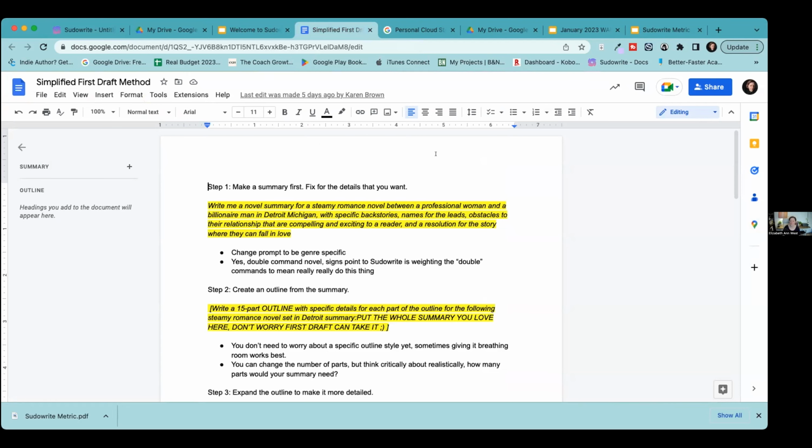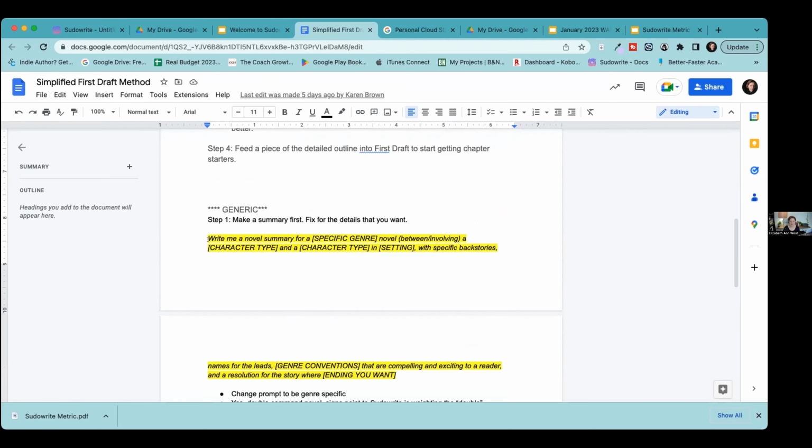Okay, so I'm acting like we have no idea what we want to write, but we know we need to write something in the genre. Now, this is more common with authors who are writing for a living, full time. Many of us write in multiple genres. We might have a genre that we absolutely love. We might have a genre that we just understand the tropes really well, and we're serving that readership. And so it's very important that we hit those tropes. So the first thing we're going to do is make a summary first, and we're going to fix the details that you want. And I'm going to use the generic one